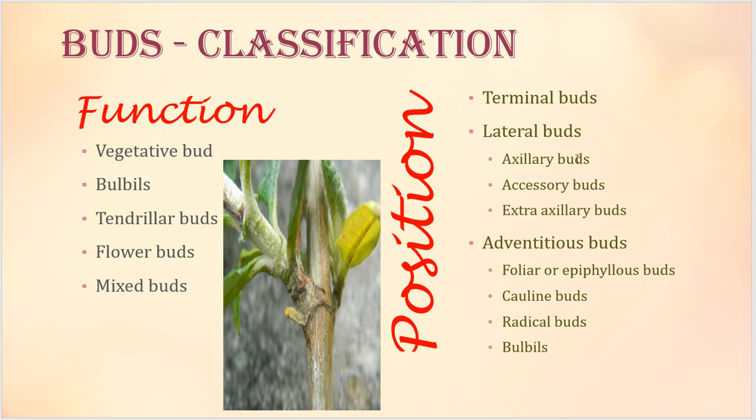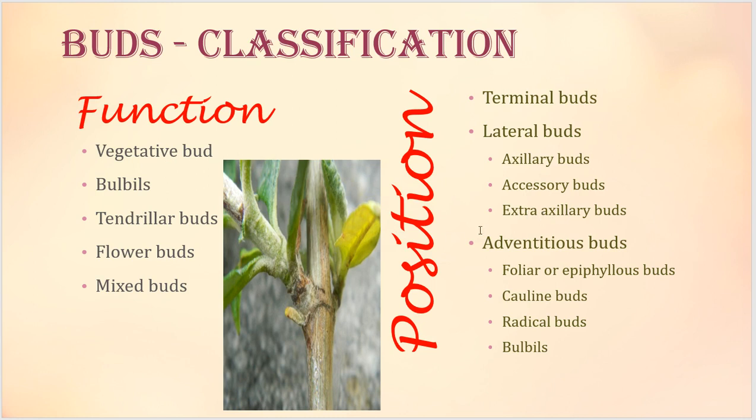Again, we are categorizing them as axillary bud, accessory bud, extra axillary bud. Axillary bud means the buds which are produced on the axil of leaf. If this is the axil, if a bud is being produced in this part, it's called axillary bud. And then accessory buds means from the axil, on either side of the axil, accessory structures would be there. Like more than one bud would be there in accessory bud. A pair of bud will be there. For example, like in stipules. If the stipule is changing into a bud, that is called accessory bud.